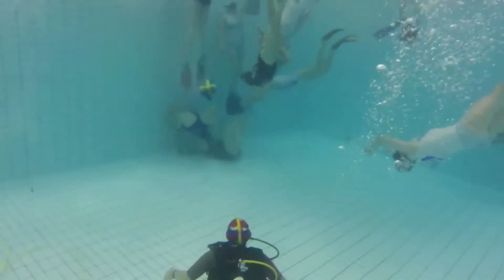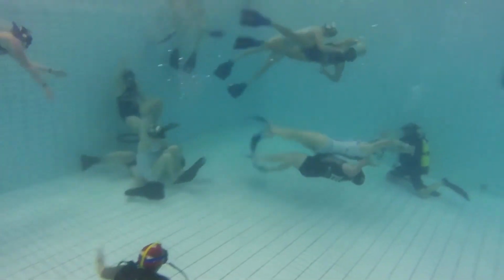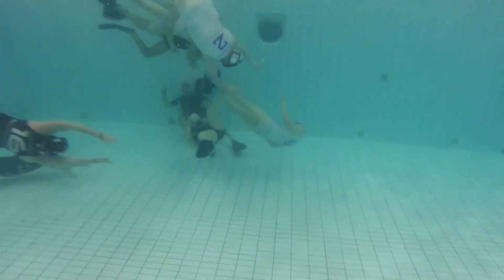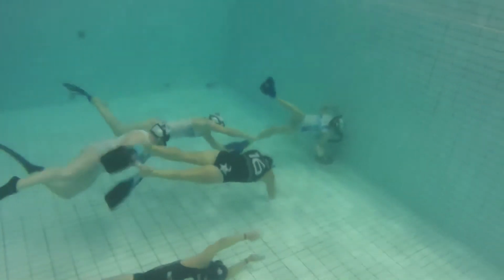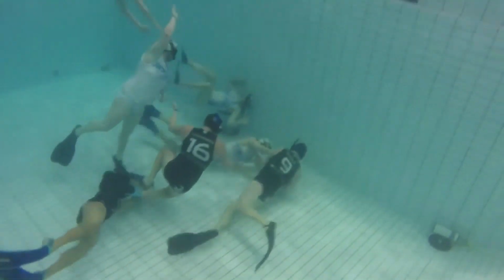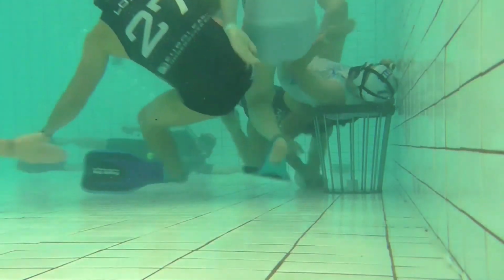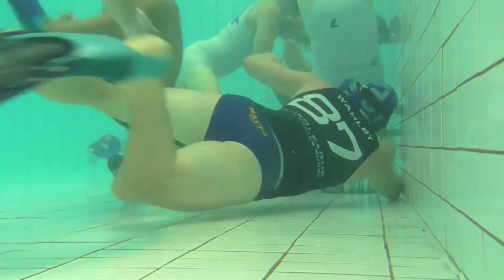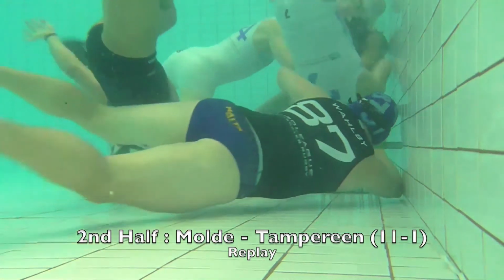The players dive. Tampereen is racing in to try to put another goal in before this game is over. But Molde has it. They're streaking over. It's 1-on-3, and the player who had the ball manages to pass to a teammate who comes up behind him, and they've got a chance. Reinforcements keep coming, and they